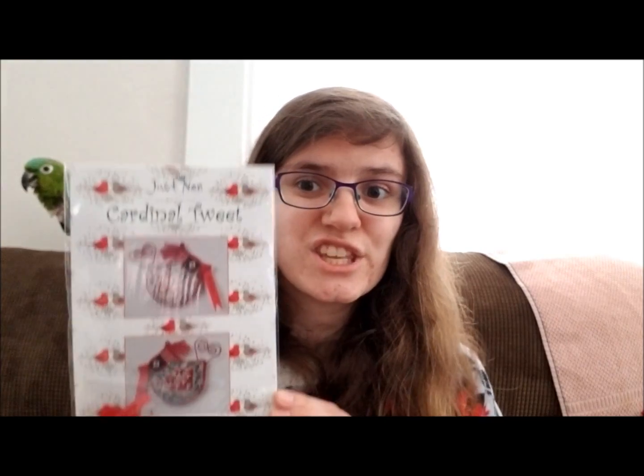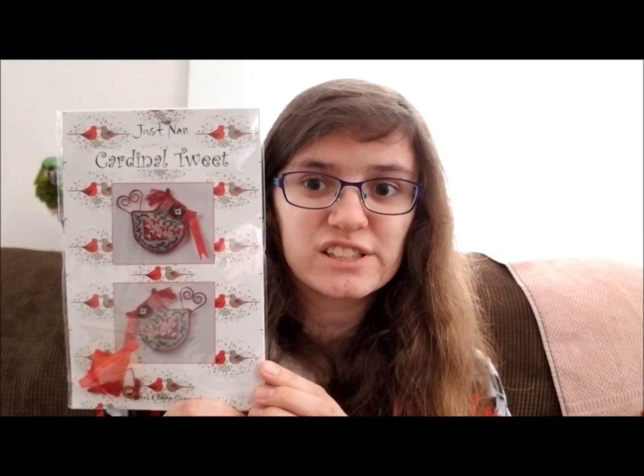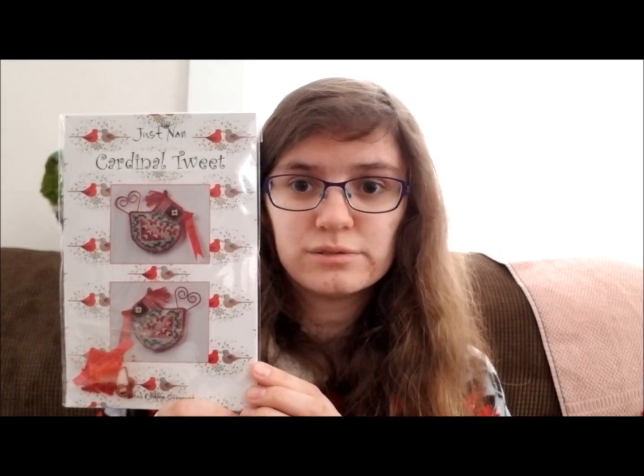And then the other pattern that I got from 123 Stitch is this. I also looked in the clearance section. Don't do that. Never look in the clearance section. It's just bad. You'll end up buying a pattern you didn't plan on buying, which is what happened here, which is Cardinal Tweed from Just Nan, which I couldn't resist because I love stitching Just Nan, especially her little critters,